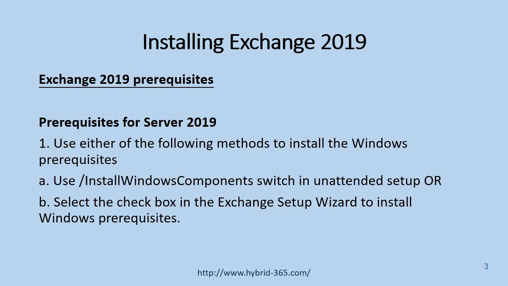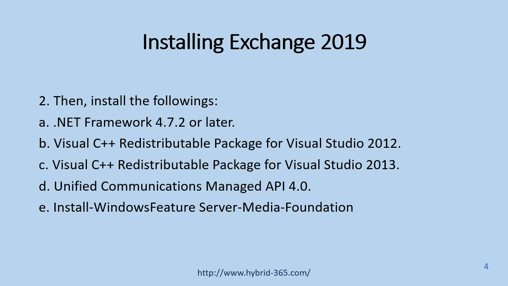Let's move to the Exchange 2019 prerequisites. You can use either of the two methods to install the Windows prerequisites. You can use Install Windows Components switch in Unattended Setup, or you can select the checkbox in the Exchange Setup Wizard to install Windows prerequisites. Then you need to install the followings: